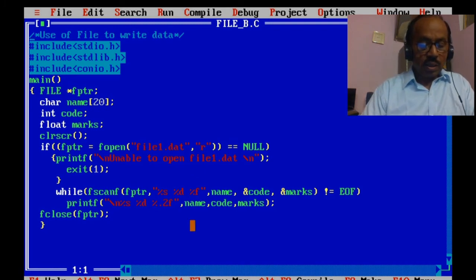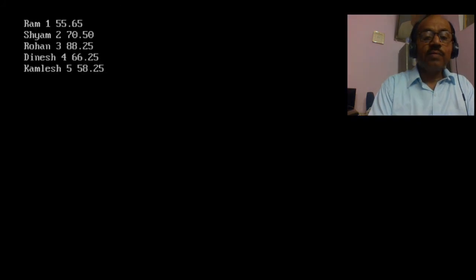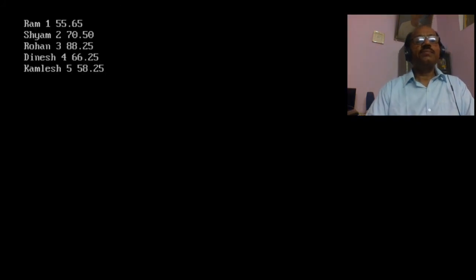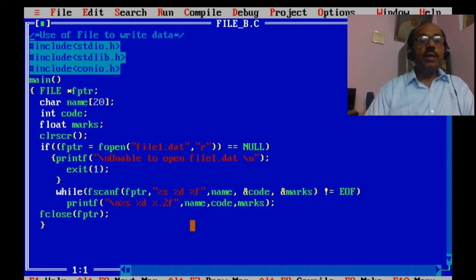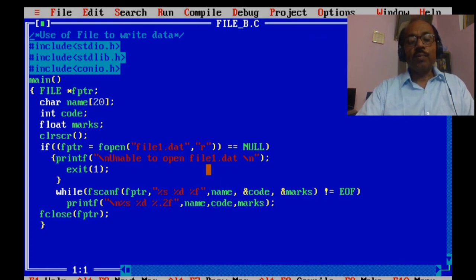Let's see, Alt F5. Yes, here the data are appearing. So you see how we stored the data in a program in the previous segment, and in this segment we are seeing how these data are extracted from the file to display on the screen. So this is the way by which we use files in our C programs.